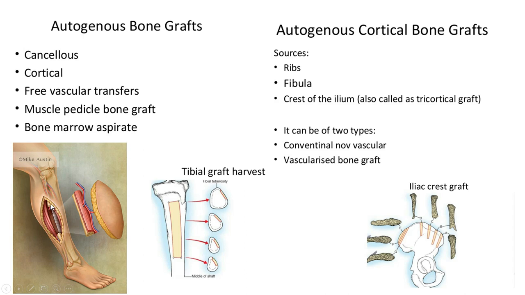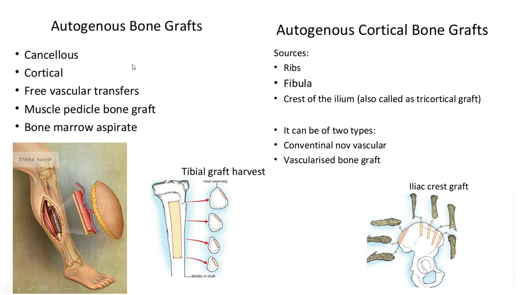And sometimes we just need bone morphogenic protein or osteoinduction. We can give bone marrow aspiration, that's all. Generally, we orthopedic surgeons are not so skillful to do this microvascular operation, or microvascular training is not so easy. So we used to do cancellous bone graft or cortical bone graft, or we can do bone marrow aspiration. But this vascularized bone graft or muscle pedicle bone graft needs microvascular expertise.